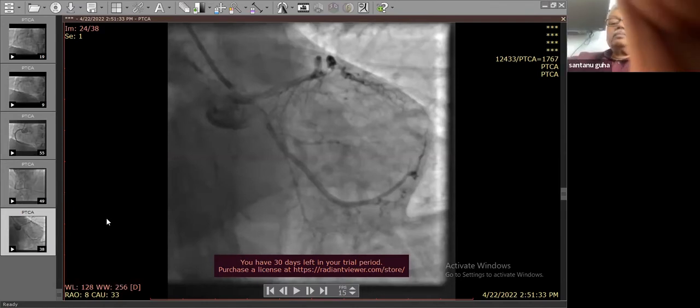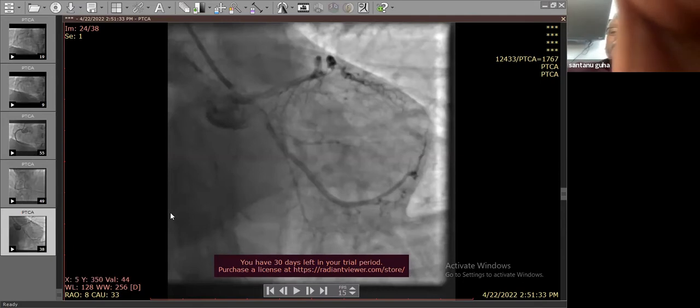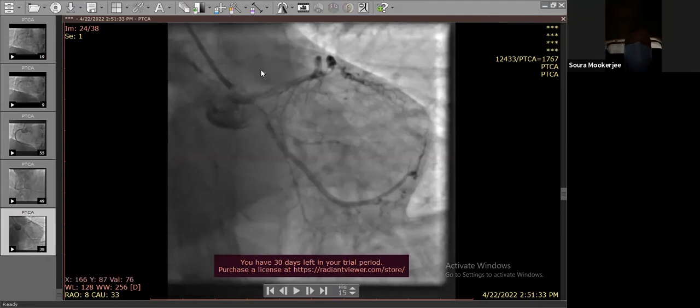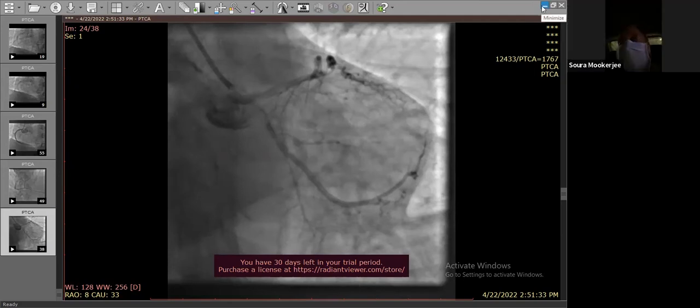Thank you, Basab. An interesting case. You landed in lots of problems, but it's open for discussion. So, Basab, how many times did you take check shots of the left system after you had retrieved that fragment? Sir, can you repeat the question? After you had retrieved the tip of that guiding catheter.